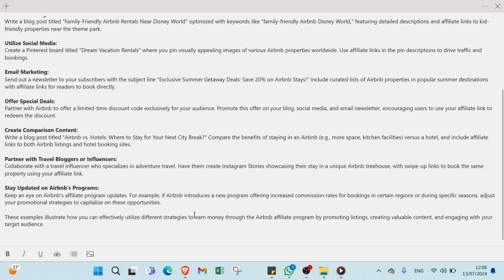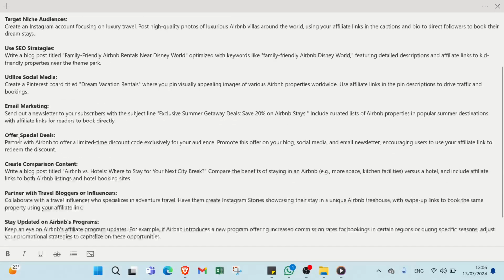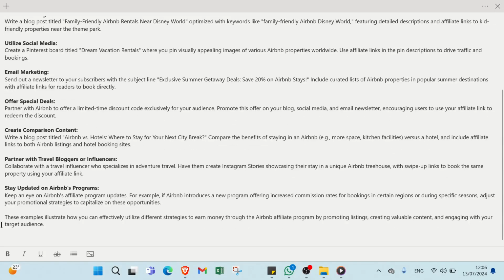For example, if Airbnb introduces a new program offering increased commission rates for bookings in certain regions or during specific seasons, adjust your promotional strategies to capitalize on these opportunities. These examples just illustrate how you can effectively utilize different strategies to earn money through the Airbnb affiliate program by promoting listings, creating valuable content, and engaging with your target audience.